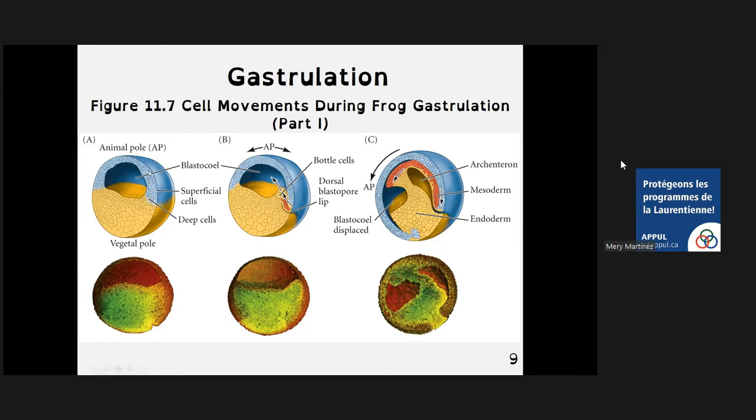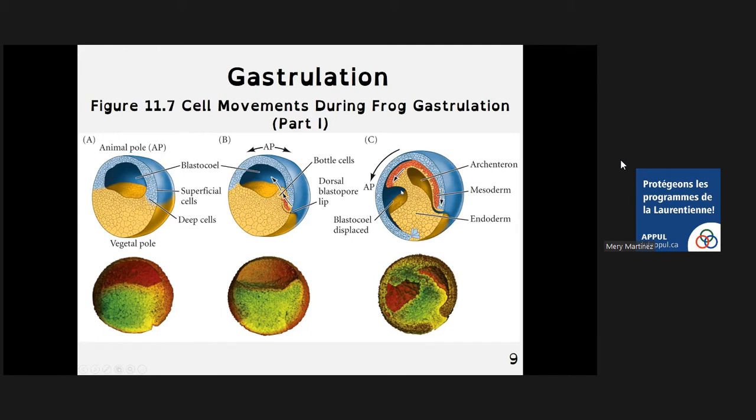These cells are going to start the first movement, in a similar manner as we saw in sea urchin, which is the invagination. Okay, so these cells are going to start invaginating, poking in at that layer between the animal and the vegetal pole. Okay, and this is what is going to start generating the archenteron or the